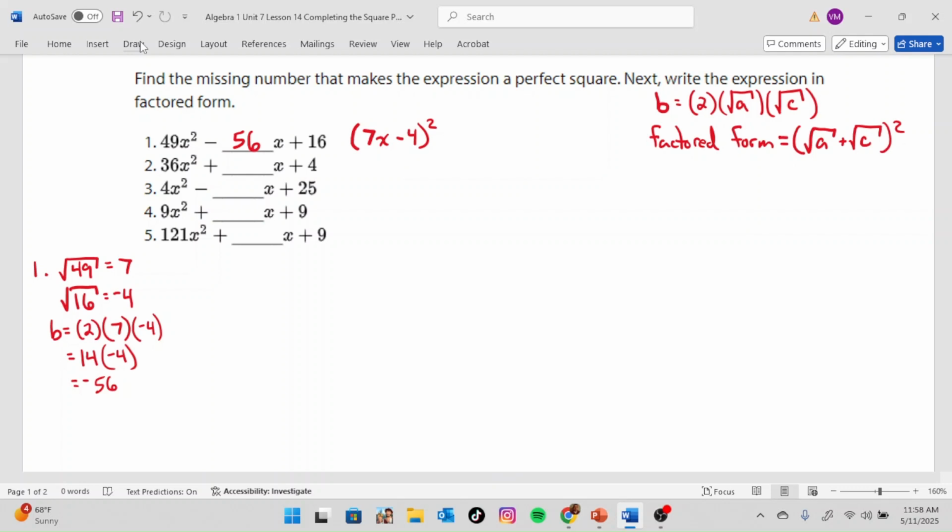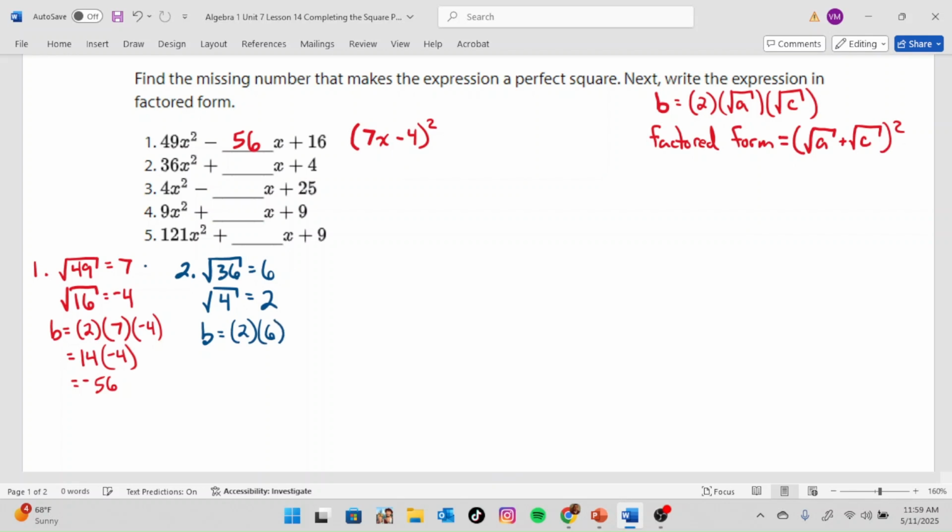Number 2. The a term is 36, so the square root of that is going to be 6. The c term is 4, so the square root of that is going to be 2. That means b is going to be 2